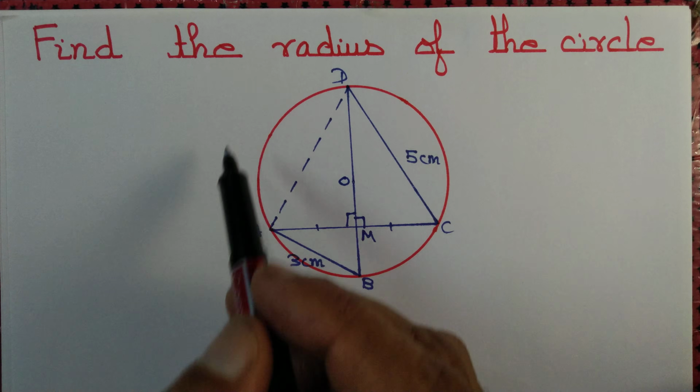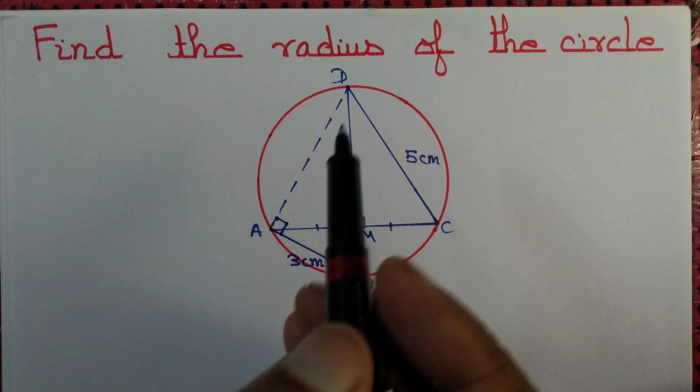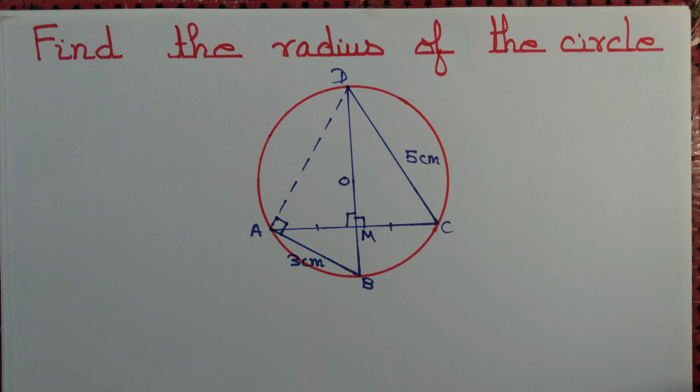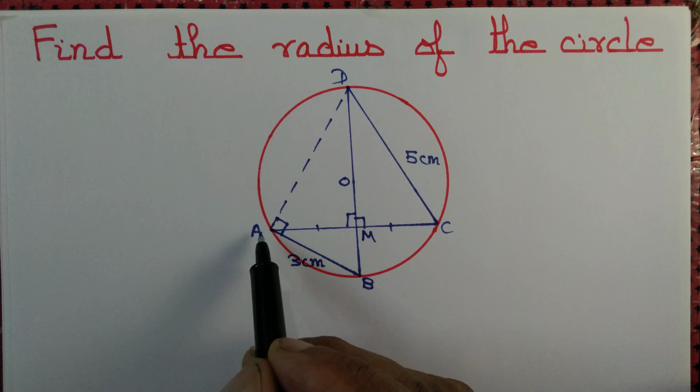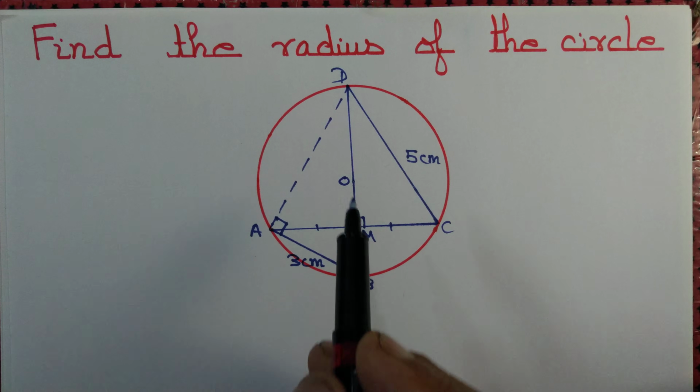We know that the angle in a semicircle is a right angle, so angle DAB must measure 90 degrees. DB is the diameter, and the angle in a semicircle is a right angle, so angle DAB must measure 90 degrees. Further, as M is the midpoint of AC, AM equals MC, we consider two